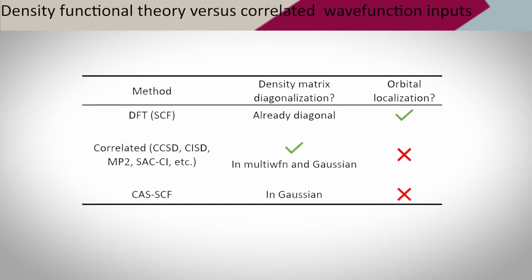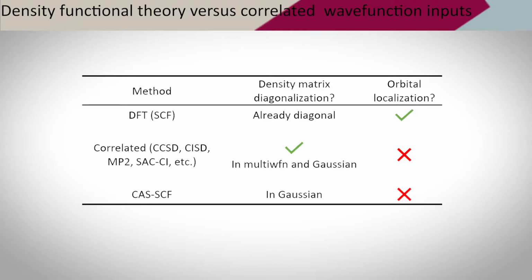The type of quantum chemistry calculation performed determines which options are available for creating orbitals. For density functional theory, DFT calculations, the first-order density matrix is already diagonal, so the natural orbitals are already stored in the fcheck file, and you have the option to just convert the fcheck to WFX directly without manipulating it. Alternatively, if you want to create a compact chemical representation of the system at hand, you can localize the orbitals. When correlated wave function methods are used, we want to diagonalize the density matrix to get the natural orbitals and their fractional occupancies that ChargeMold needs.